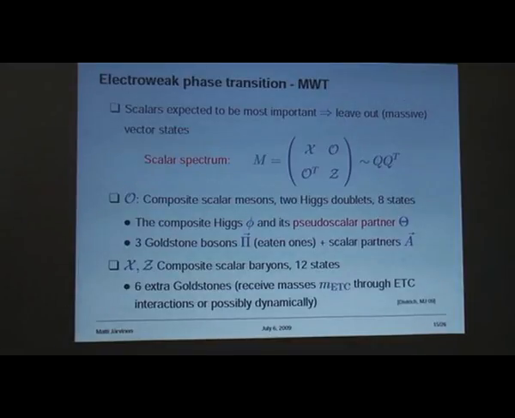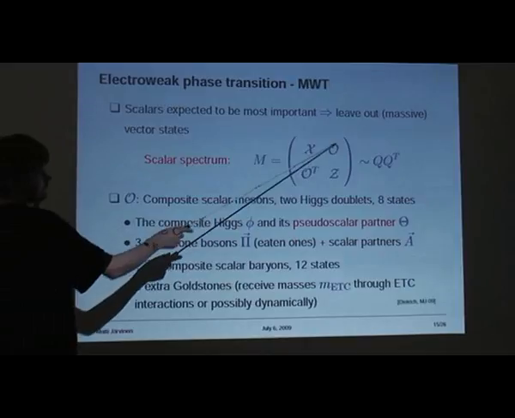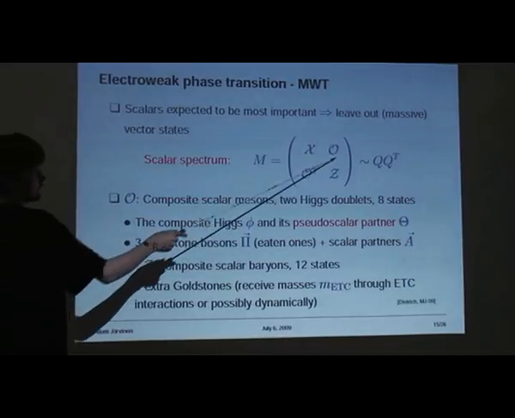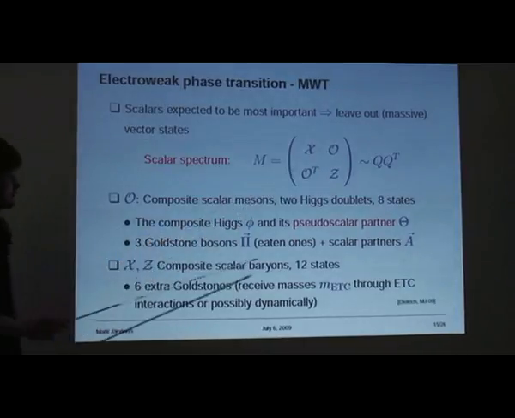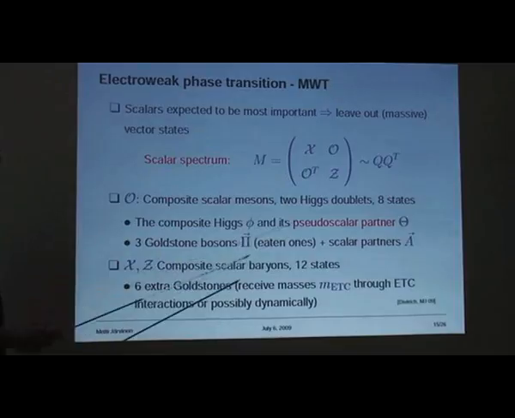And what you have is, this 2x2 block matrix, the whole 2x2 matrix is made of two Higgs doublets,